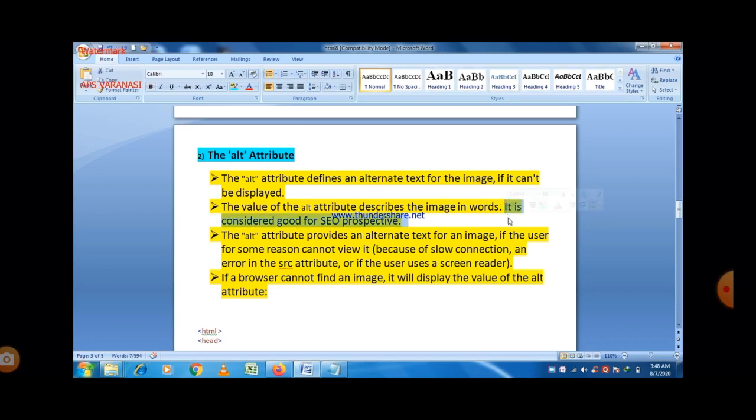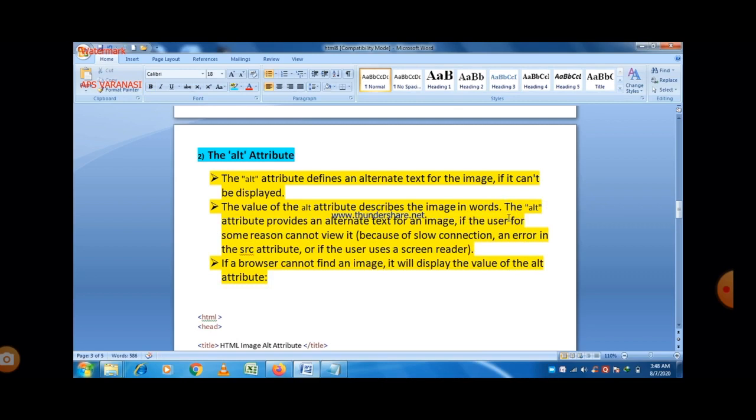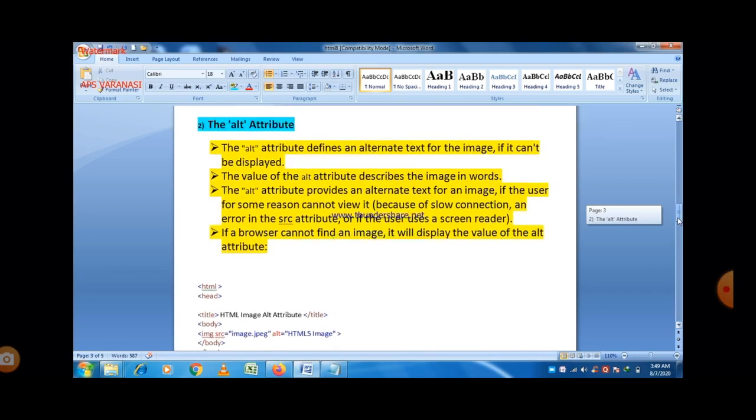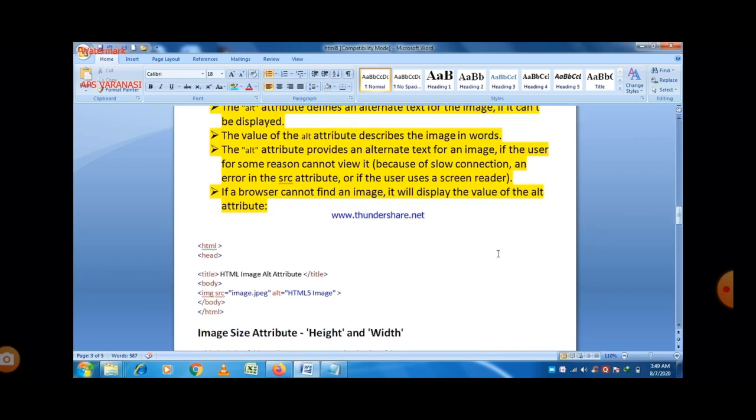And the ALT attribute provides an alternate text for an image if the user for some reason cannot view it because of a slow connection or an error in the SRC attribute, or if the user uses a screen reader. So these are the three different reasons for which the image will not be displayed. And if a browser cannot find an image, it will display the value of the ALT attribute.